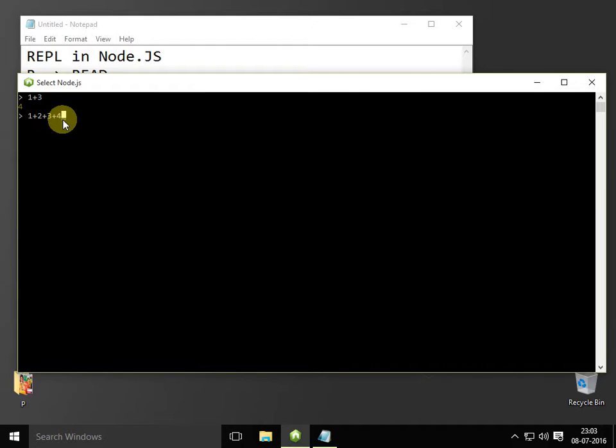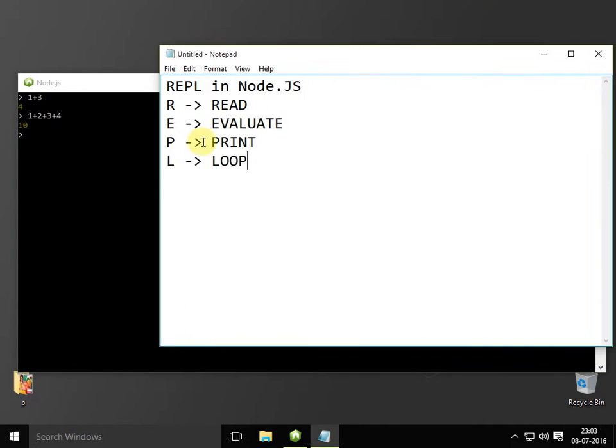So if I hit enter here, the output is 10. What operations were performed here is: it reads 1 plus 2 plus 3 plus 4, and evaluates, like how to perform this in memory, take 1 and add it with 2, then the sum is added with 3 and added with 4, and the output is printed here in this segment. And then the loop is all about pressing Ctrl C twice.